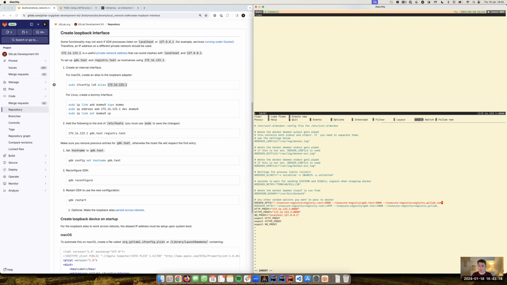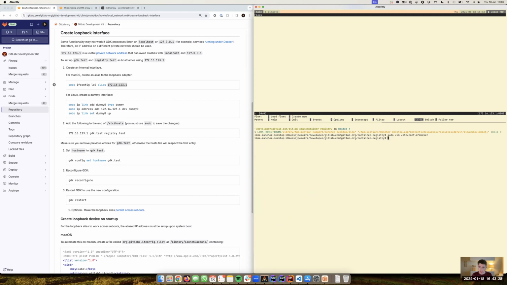So to make it work, we need to instruct the Docker client to treat our target registry, which is registry.gitlab.com, as an insecure registry. Okay, so once that is done, we need to restart the Docker service.